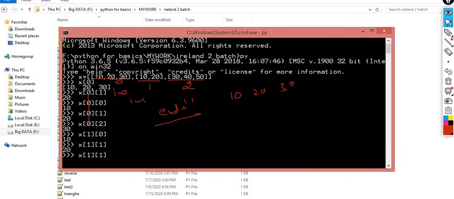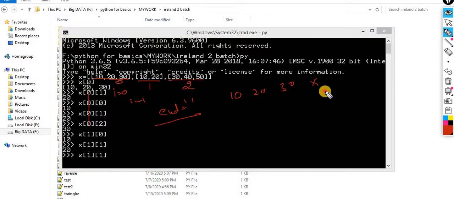So now I'm going back to the code. The entire code is the same. 90% of this code will work over here. Yes, exactly the same. But this time I am not supposed to print these values. I am supposed to print the entire data. In row 0, earlier it executed only for 1, but this time it executes for 10, 20, 30. In row 1, it will execute only for 2 elements, that is 10, 20. In the third, it will execute for 30, 40, 50, and so on. So you have to take care.